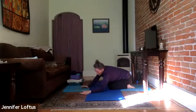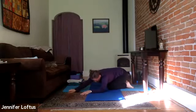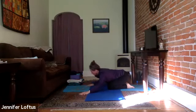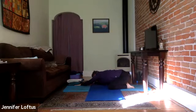Stay in child's pose. Walk the hands over to the left side of your mat. Stretch open the right rib cage. Drop some weight down into the pelvis and relax your head. Soften the base of the skull. And then walk your hands over to the other side, inching to the right, head dropping down, soften through your